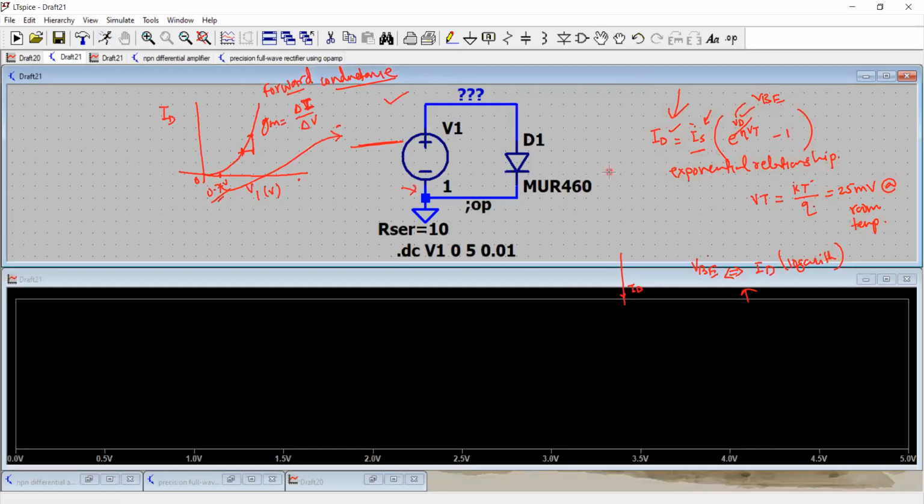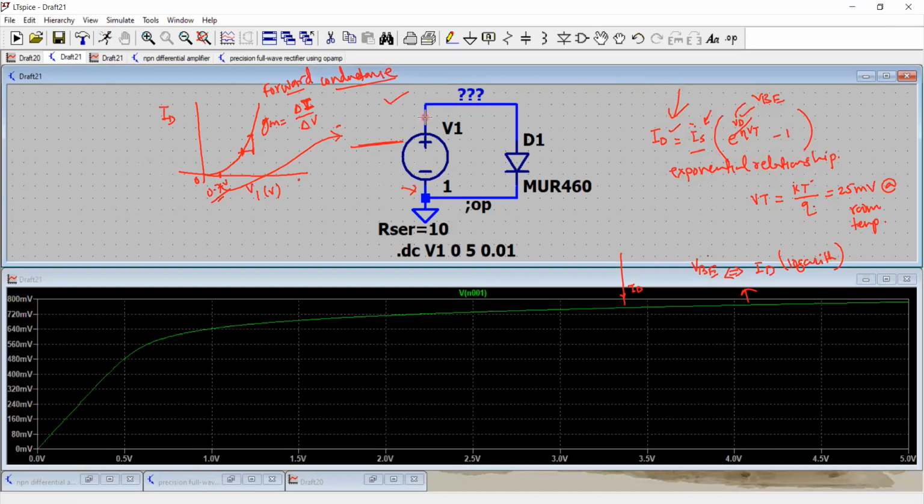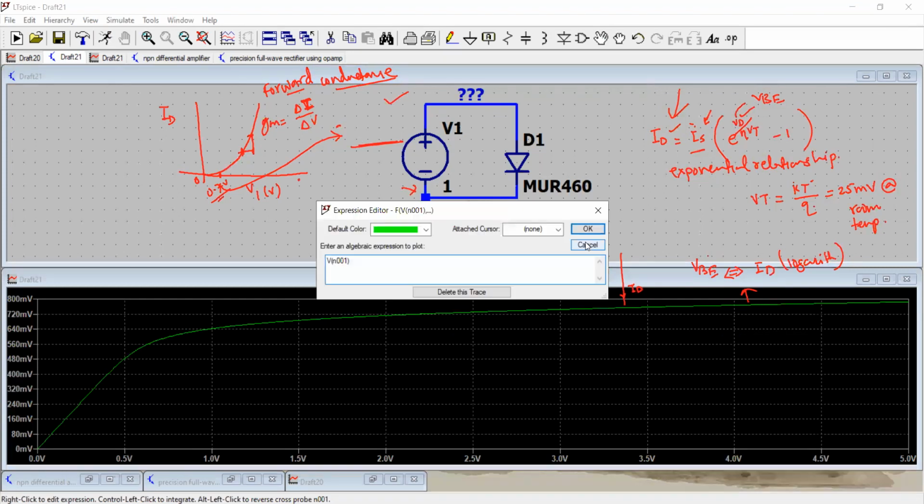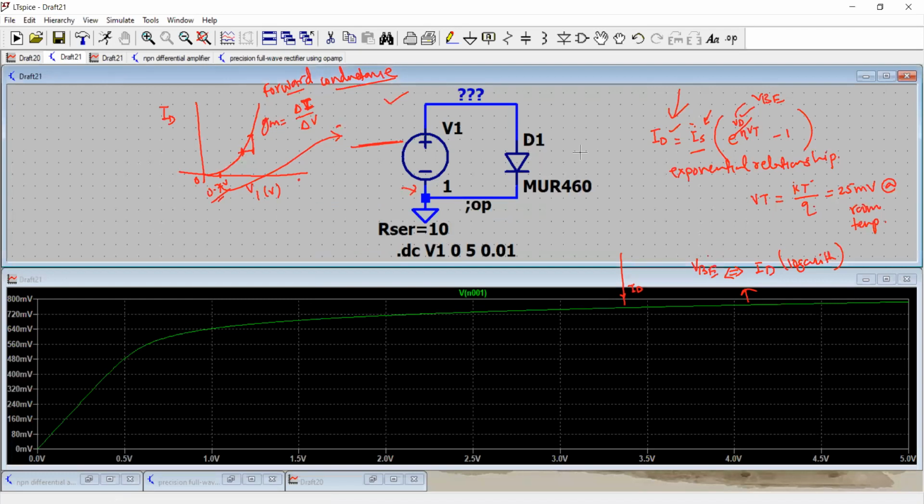And here we are. So let's see the input voltage. What have I plotted? That is the node voltage. No, I don't want to plot the voltage actually, because that's the linear sweep I'm doing. Okay, let's first